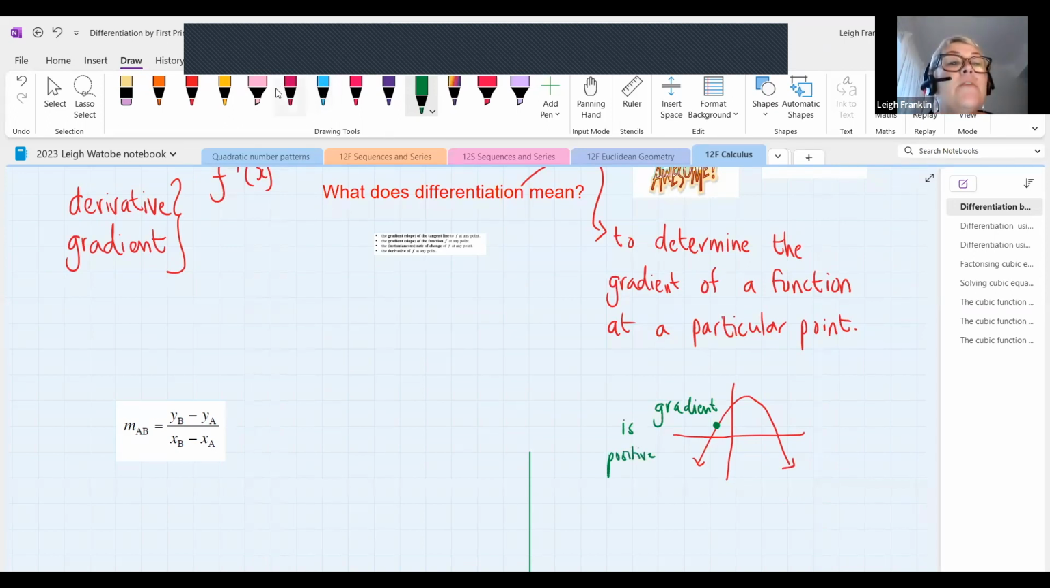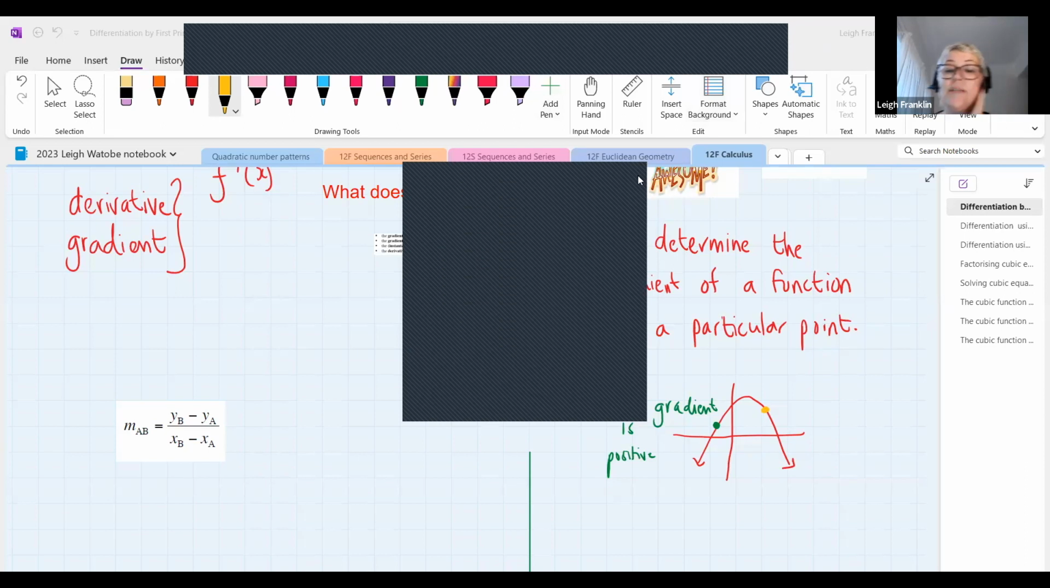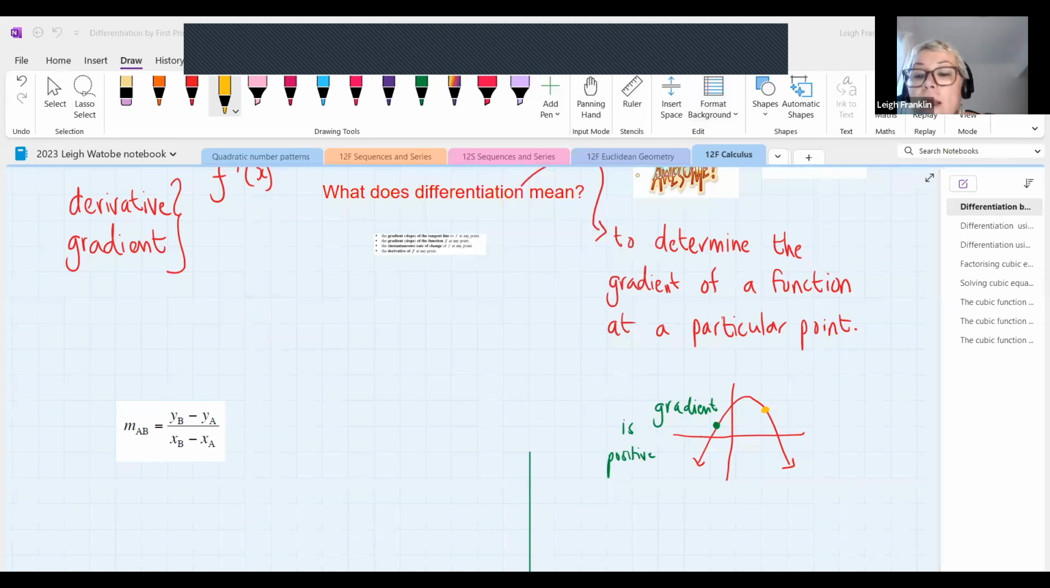If I'm now on the other side, let's say where the yellow dot is, if I'm walking up a hill from left to right, when I get to the yellow dot, am I walking uphill or am I walking downhill? I'm walking downhill, aren't I? Walking downhill. So here, gradient, which is the same as f prime x, here it would be negative or smaller